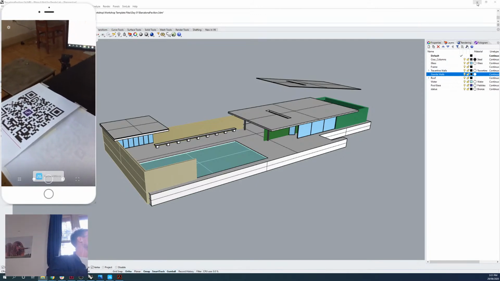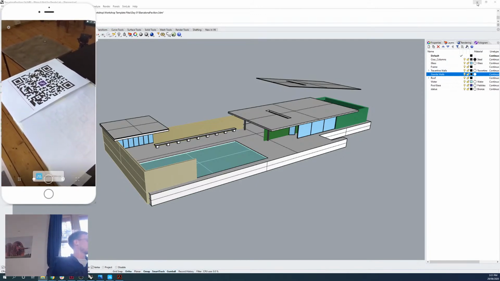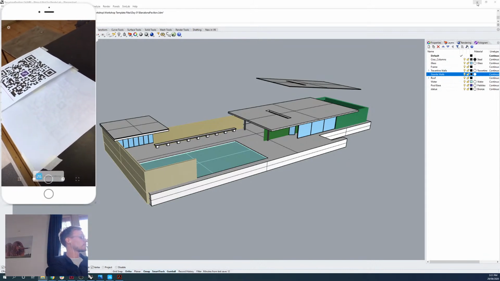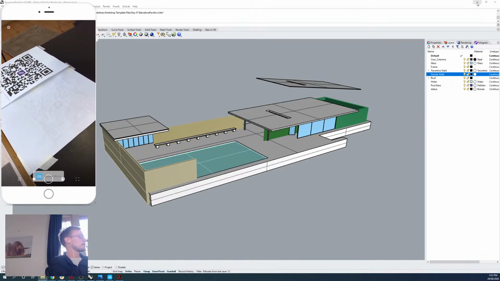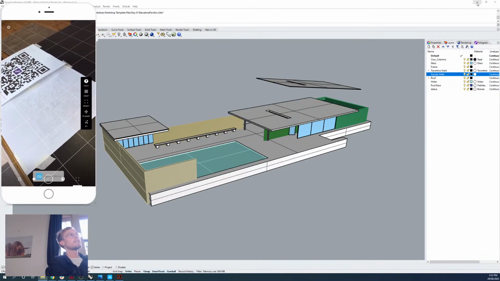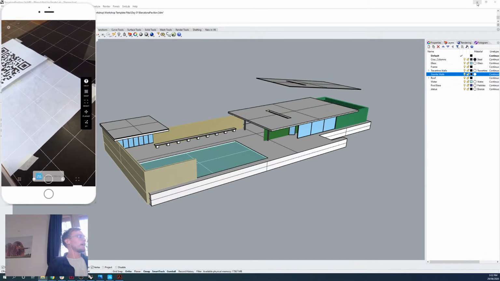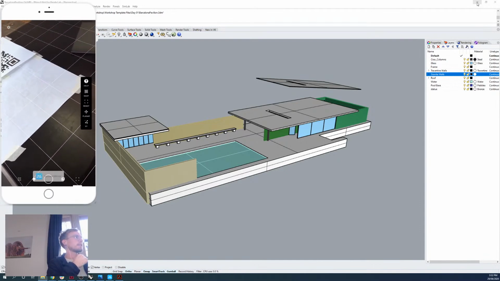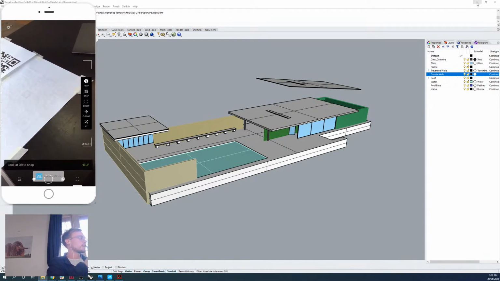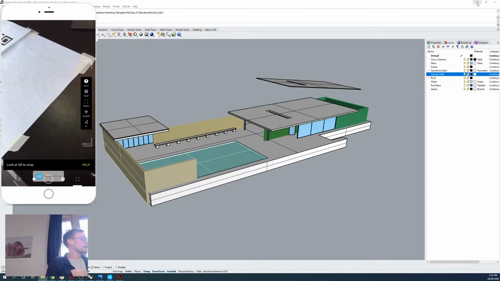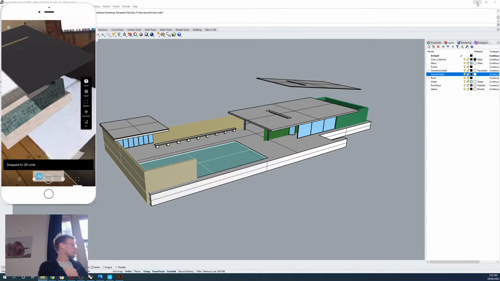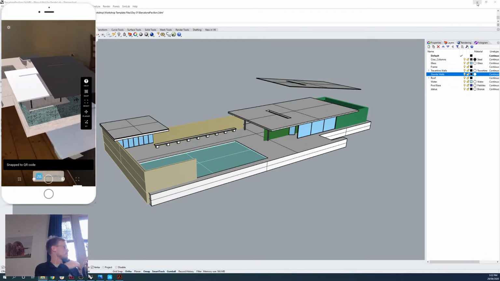So what I'm going to do is go to the bottom right of my screen where I've got these 4 squares in the edit menu, and within the edit menu, we have the QR code snap option. So you see a little QR code appearing there on your device. I'm going to click on that, and it's going to ask me to look at a QR to snap. So I'm just going to hover over the top of that, and my model will nicely align to